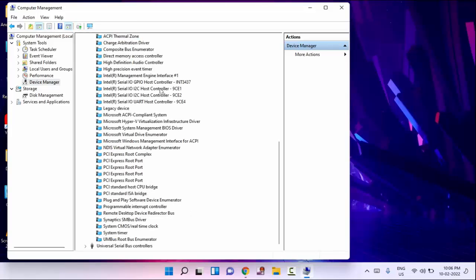Guys, in this you need to find High Precision Event Timer. Just select this one, right click and click on Disable. After clicking Disable, just close this window